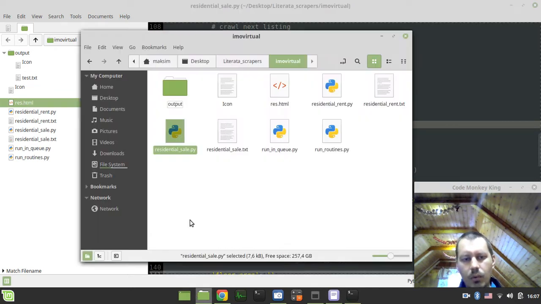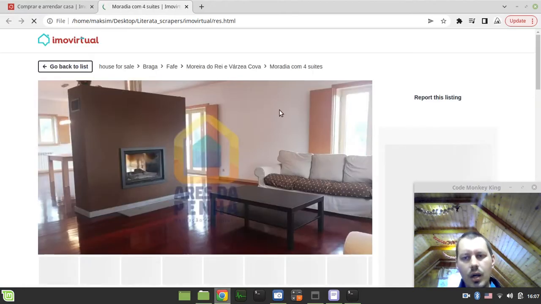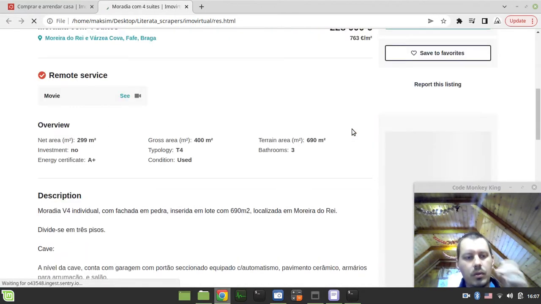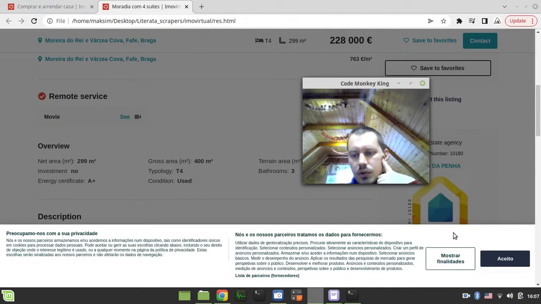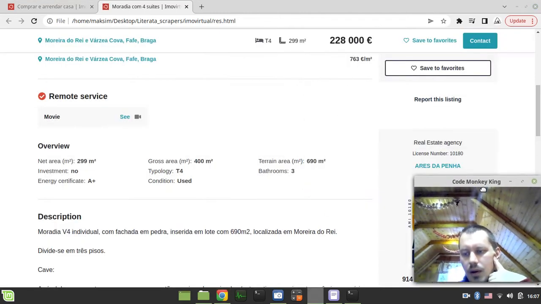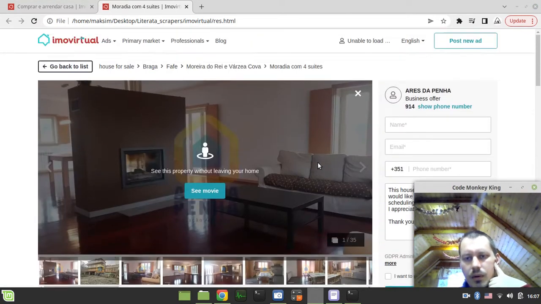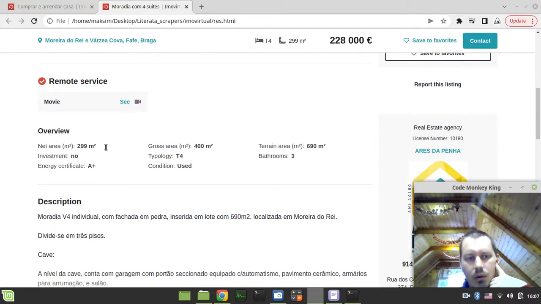So here it is. Now I want to inspect this, and just to see what has changed. It seems like the data is still there. It wants me to accept the cookies. Okay. It seems like the data is all still there, and we received everything.